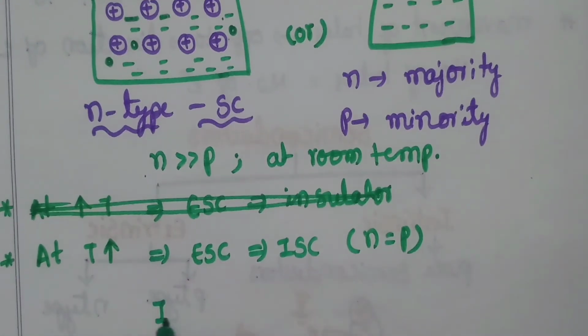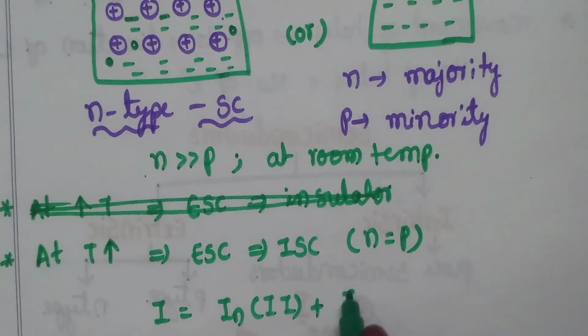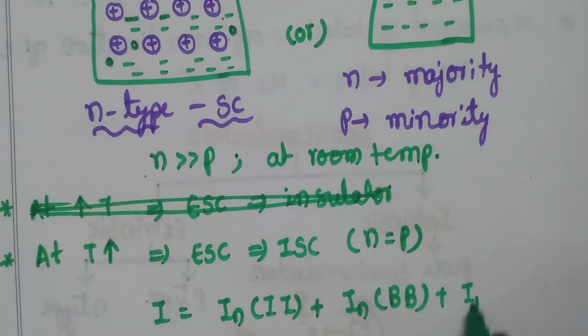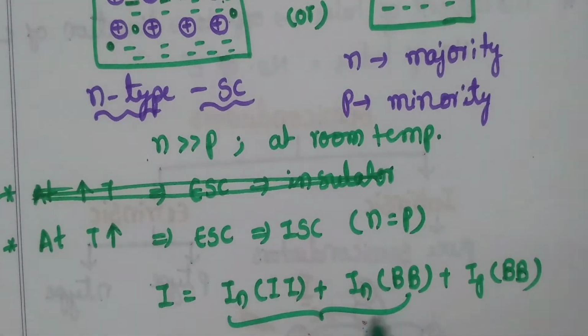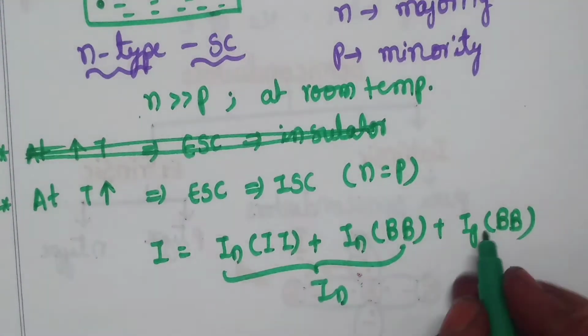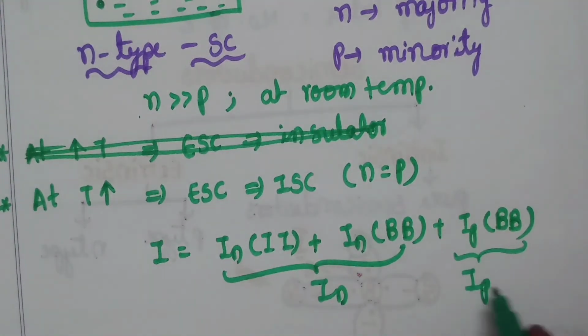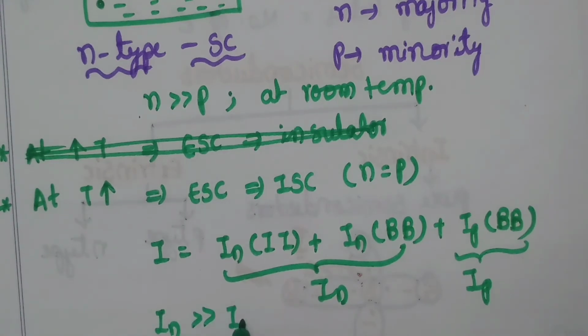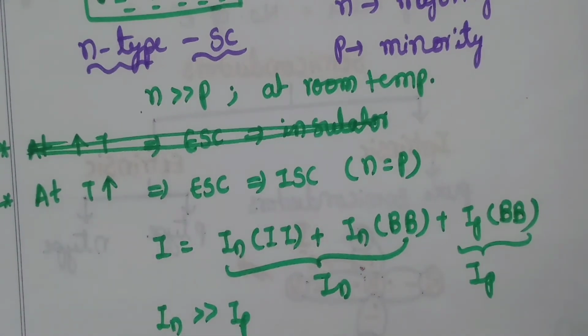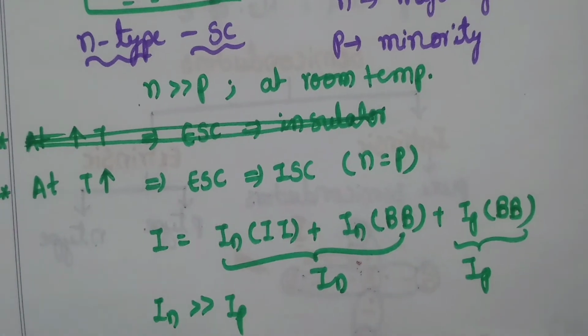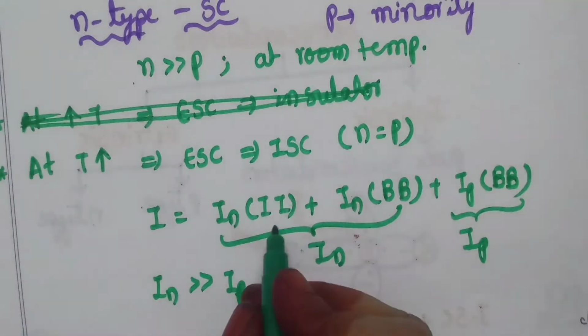So the total current I is equal to In of II plus In of BB plus Ip of BB. This is the current due to electrons and this is the current due to holes, and In is far greater than Ip in N-type semiconductors, where In of II is the current due to